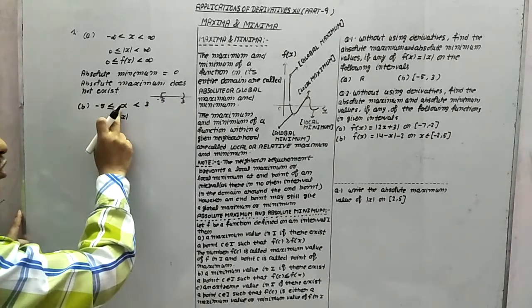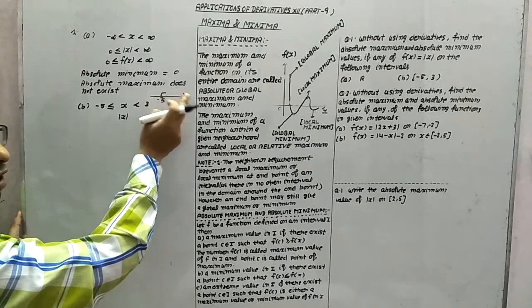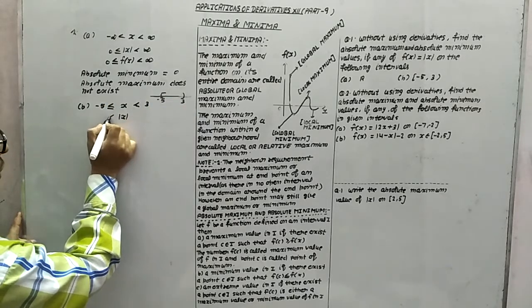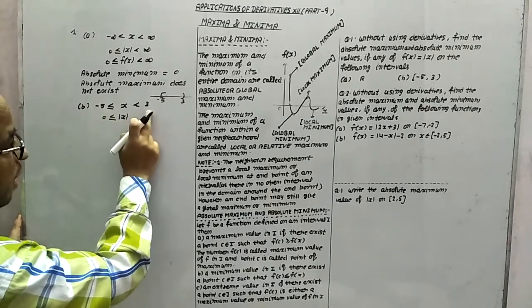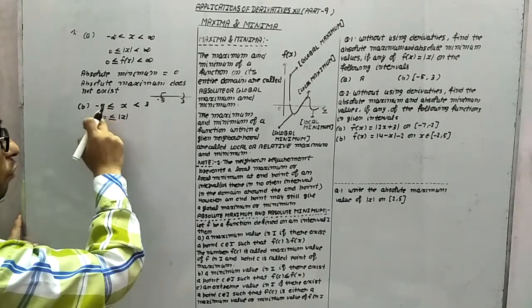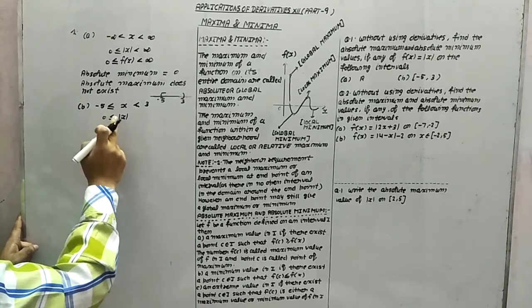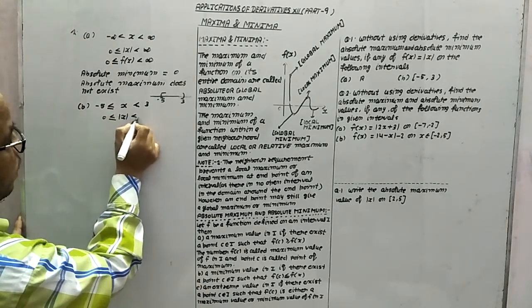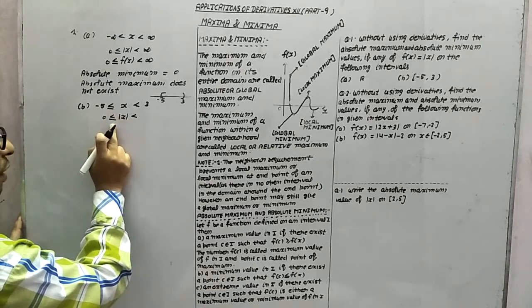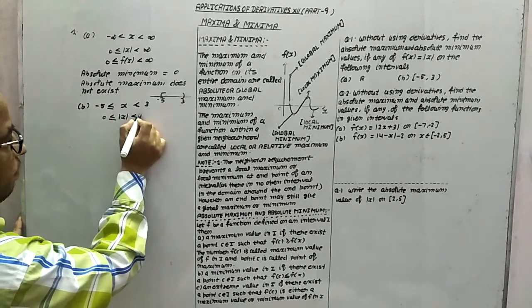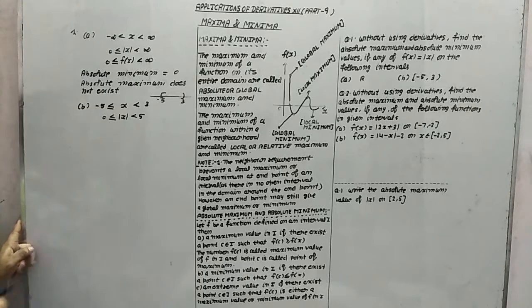Look at this thing. मॉडुलस में जो भी वैल्यू होगी वो ग्रेटर देन और इक्वल्स टू तो क्या हो जाएगी? 0. It means greater than and equal to 0. और बिकॉज दिस इज minus 5 to 3, इट मींस मॉडुलस ऑफ मैक्सिमम क्या आएगा? 5 आएगा. It means this is greater than and equal to 0 and less than 5. So this is the part.